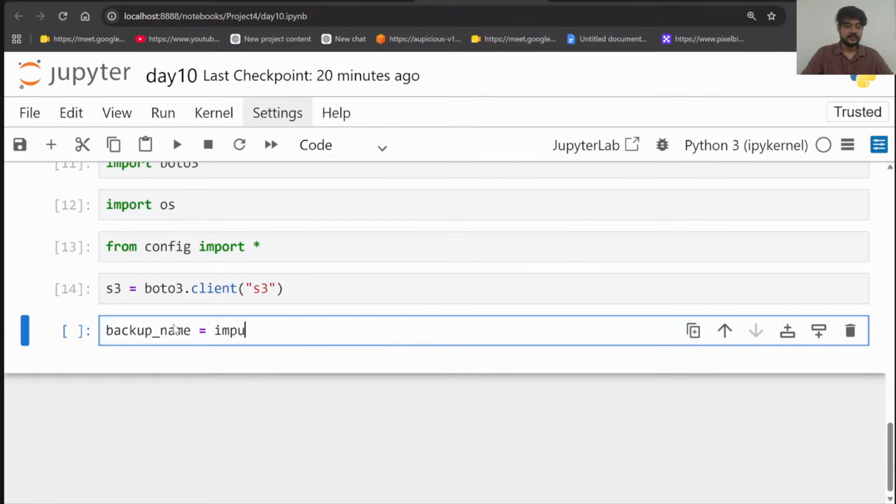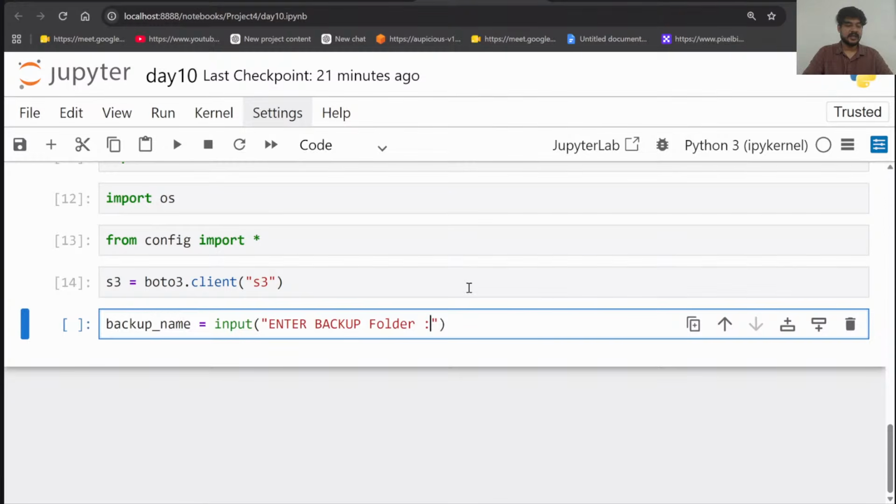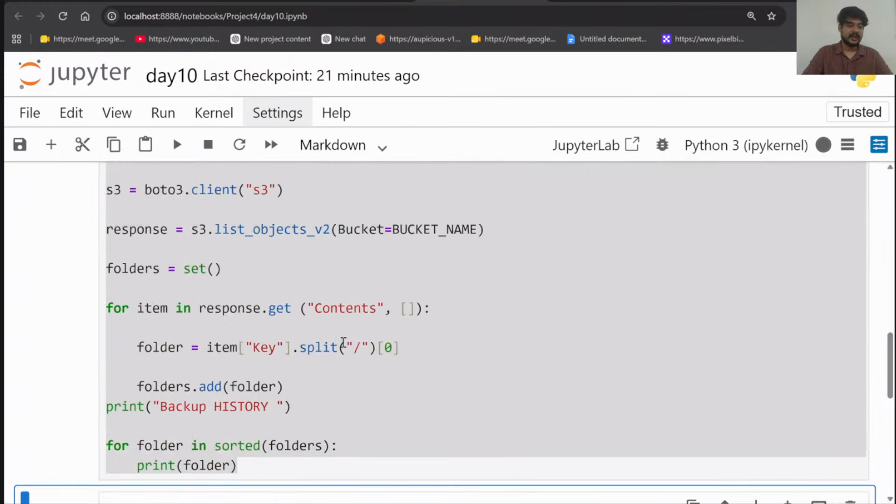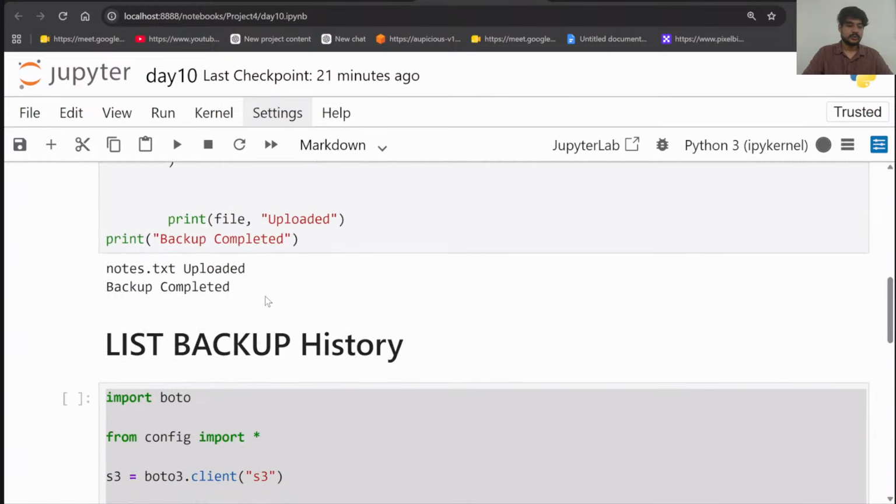So input function. I'm telling it: enter backup folder. Just a name of the backup, I'm creating it over here, right? So whenever I run this, it will take the input name. So I can give any of the backup folder names which I want to restore, right?